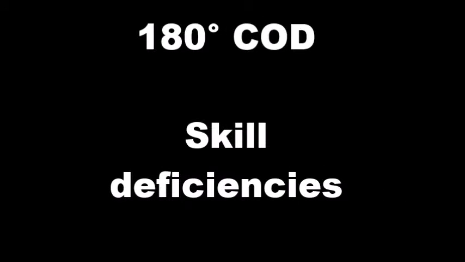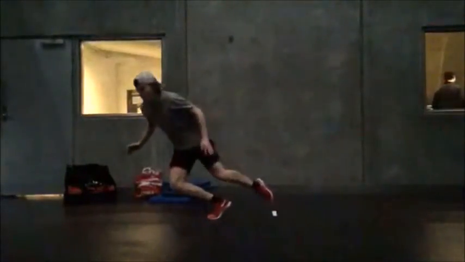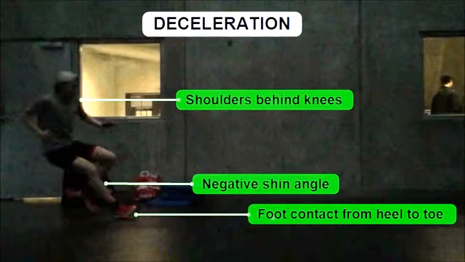Having looked at acceleration, we will now focus on a change of direction skill. Starting out with an athlete with skill deficiencies, one of the things standing out from this video is a very short contact time in the cut. This is achieved using a highly successful braking strategy, emphasizing a posteriorly directed force vector, maximizing horizontal braking forces to